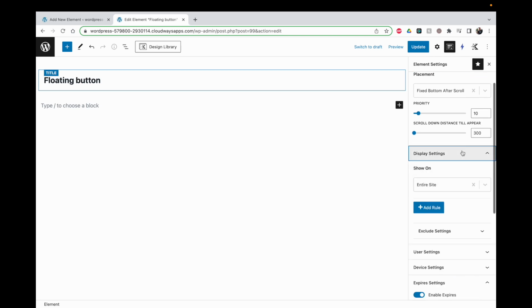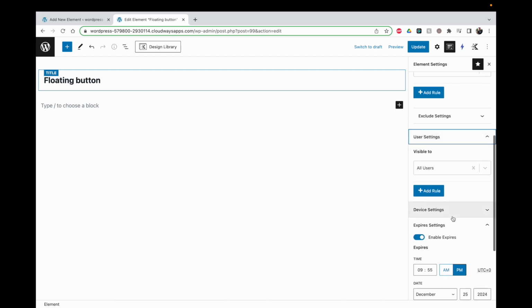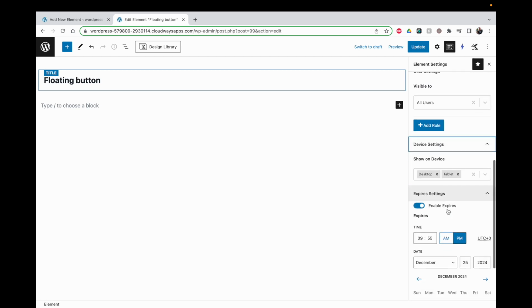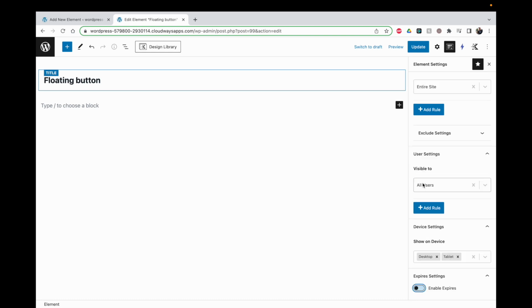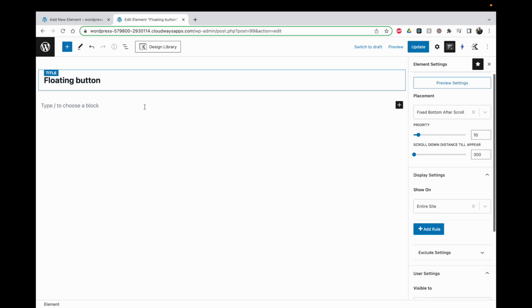These are the things that I've put on the entire site. All users, only on desktop and on tablet, and expires I'm going to disable it, but you know it exists now. And then we're going to use, you can do it different ways. You can make a button here and then make a Cadence conversion pop-up, and then you link this Cadence conversion pop-up to this button. It's a little bit more advanced, but it gives you a little bit more options to do. But the easy way, I think, is to use the